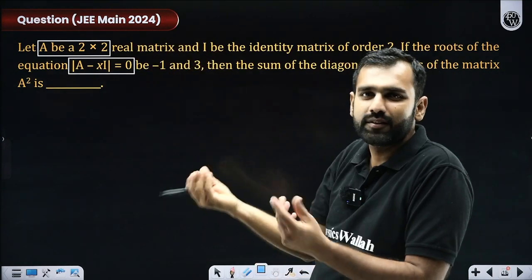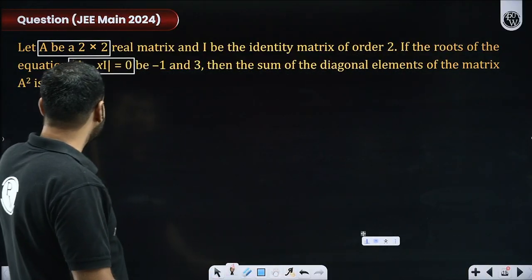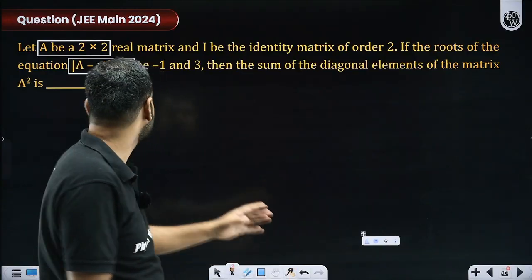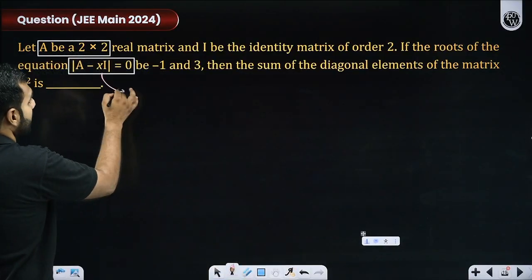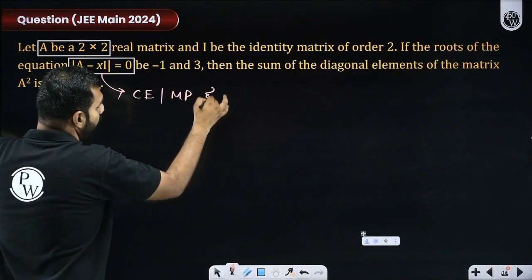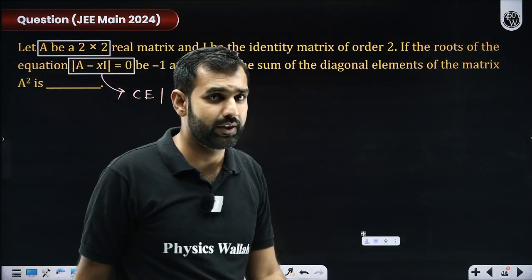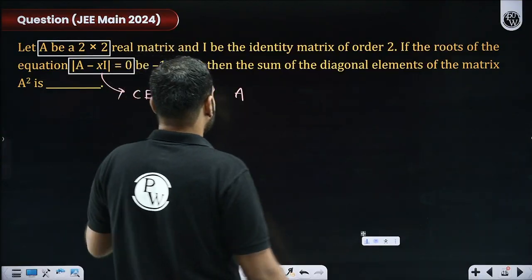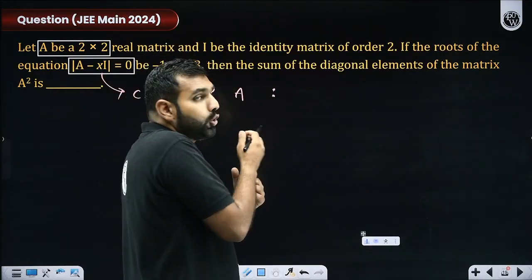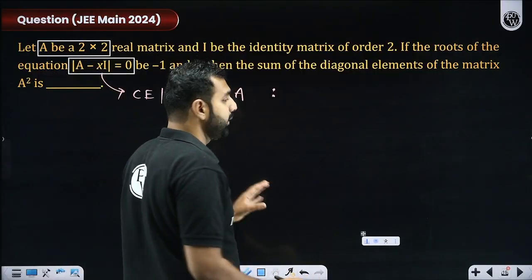But isn't it really simple for you now? I hope, Archana, you're listening: the determinant of A minus xI is null, this is 0. So this means what? I'll be getting the characteristic equation or matrix polynomial of the matrix A with this. Yes or no? Give me an update on that. So that matrix polynomial which will be created, I'm not given that. But that matrix polynomial will have two roots.